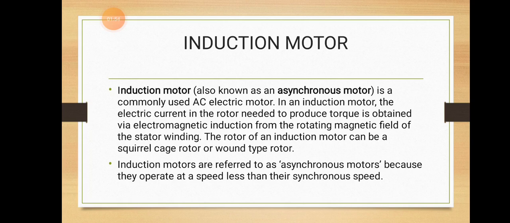The rotor of the induction motor can be a squirrel cage rotor or a wound type rotor. These topics have been studied in your previous classes. Basically, I should explain what an induction motor is. It has two parts, stator and rotor. The stator is the stationary part and the rotor is the rotating part. When I give supply to the stator, the flux produced in the windings of the stator will rotate the rotating part of the induction motor. Because of the shaft connected to the rotor, the external load like a fan is rotated.